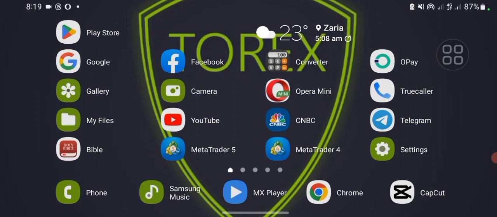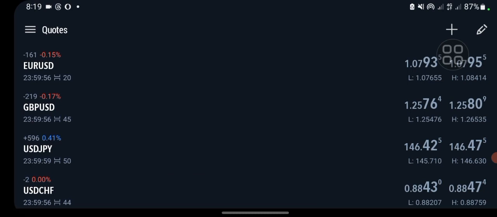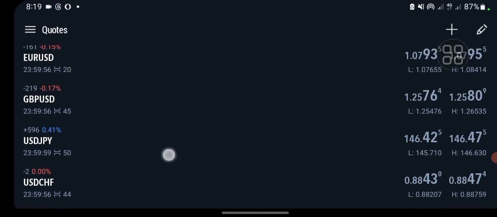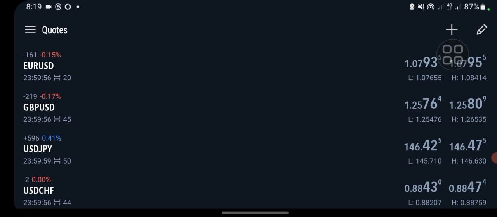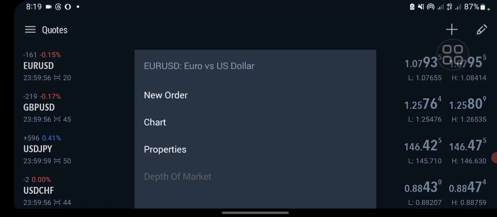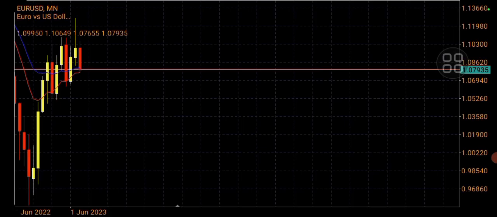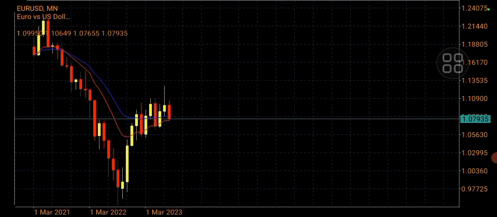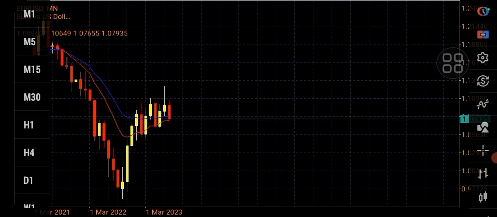So without wasting much time, today I just want to show you how we identify trends in markets. So let me go to my M25. I'm going to use M25 today. So these are the list of currencies, as I said earlier in my previous videos. So let me use Euro USD, open chart. So Euro USD, as you can see here on a weekly,